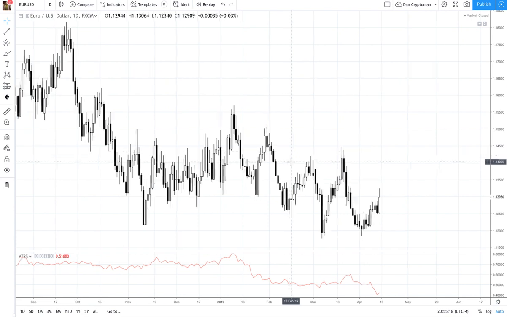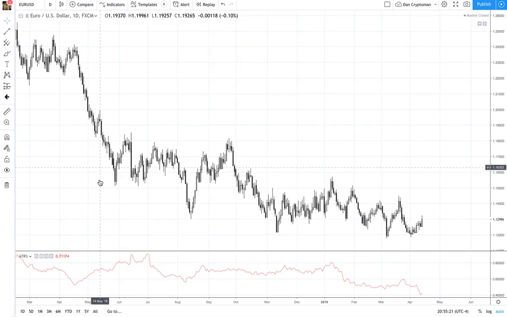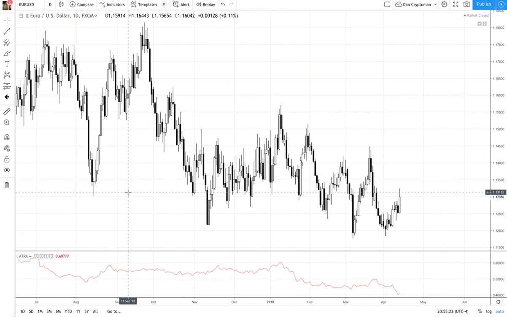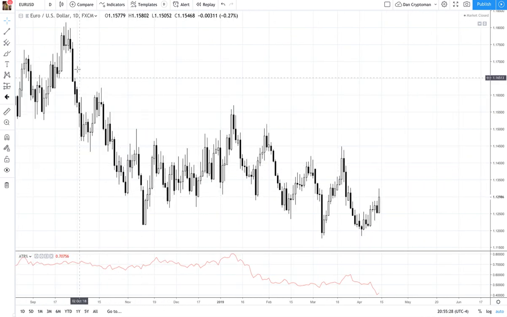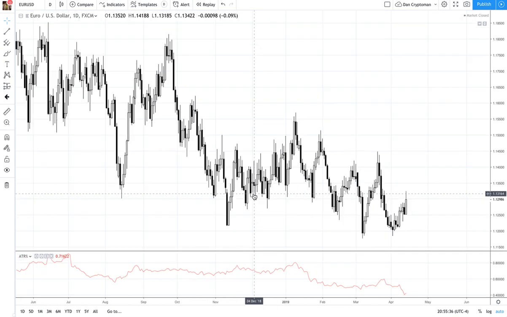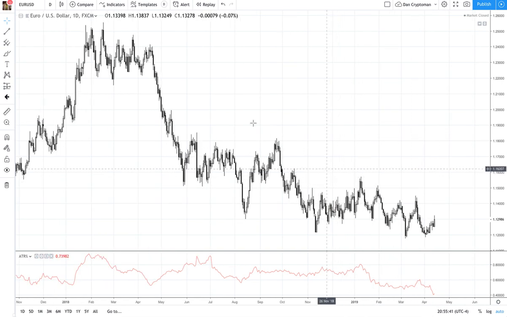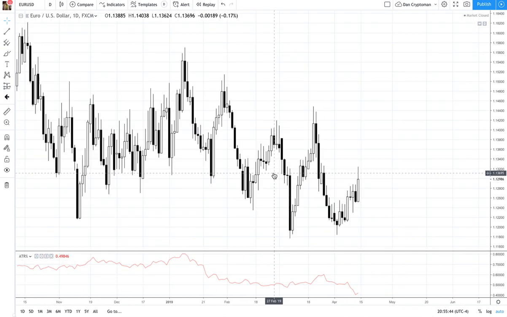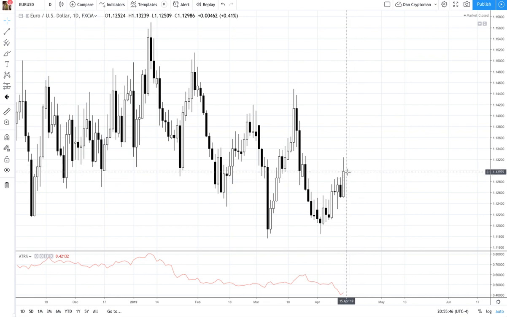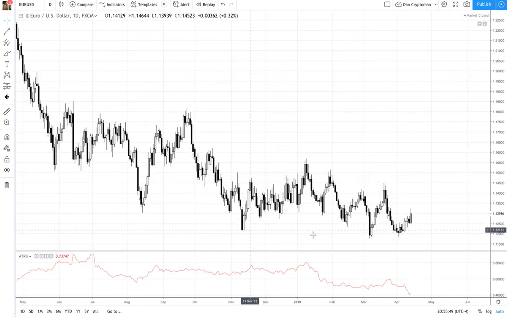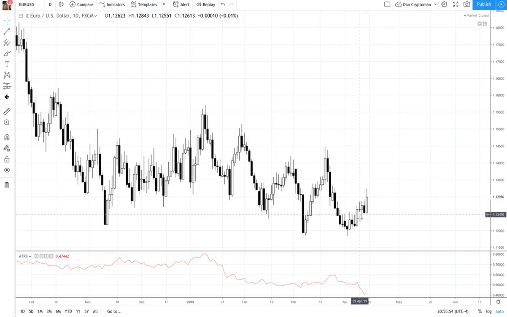Now, if we zoom back out a little bit, since pretty much May 2018, so nearly a year, this market has been awful. Very few trending periods like this, lots and lots of chop. It's been an extended long-term trading range, and a long-term trading range heading downwards. So we have two situations here. Situation one is that this market has found a bottom and is likely to continue rallying, but I am not trusting this rally